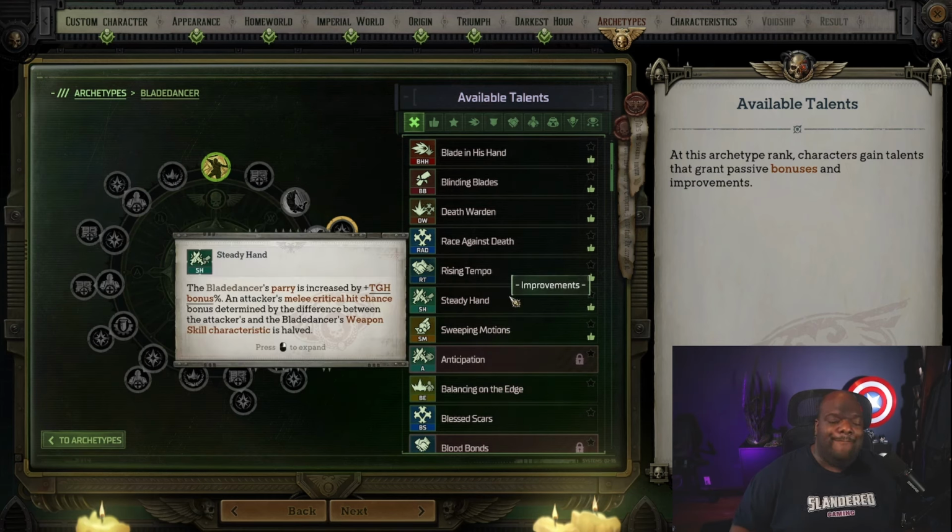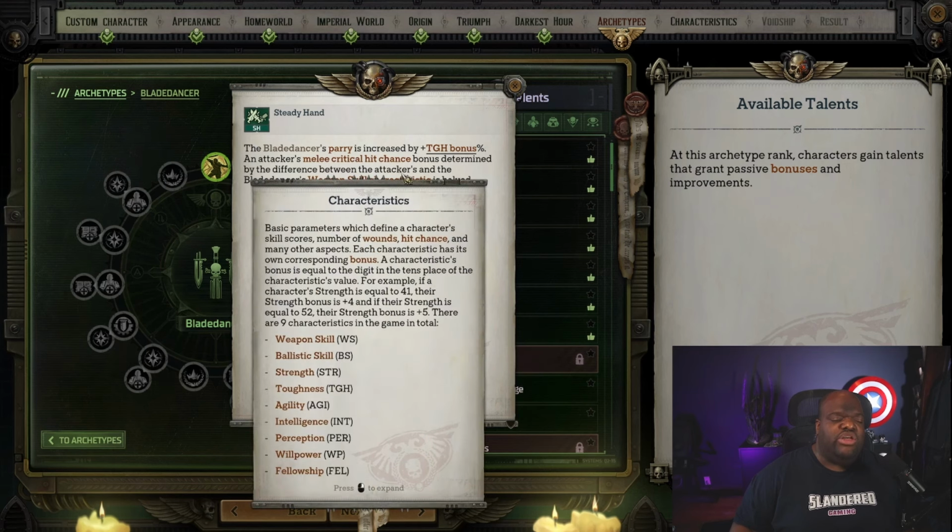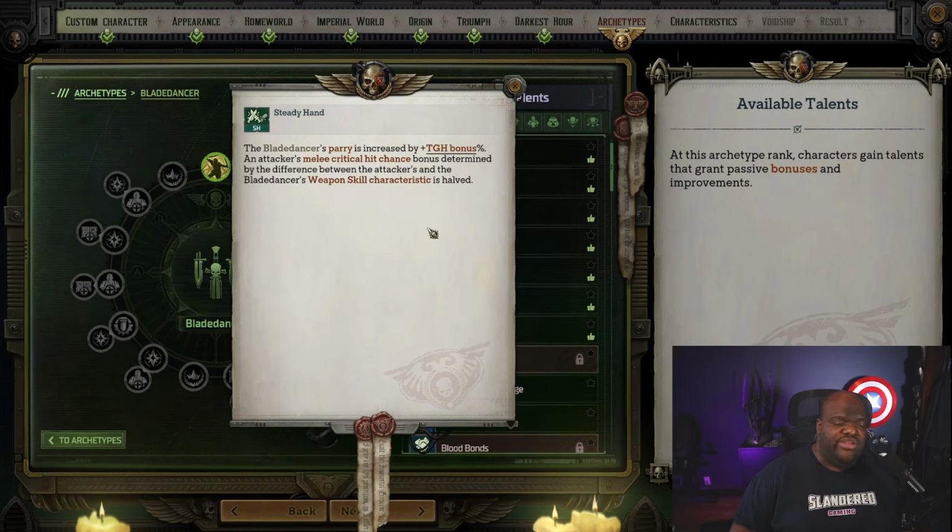Steady Hand gives you a bonus to parry that scales by a percentage amount equal to your toughness bonus. It's also going to somewhat change how an attacker's melee critical hit chance bonus is determined. I don't completely understand what they've written here. An attacker's melee critical hit chance bonus determined by the difference between the attacker and the Bladedancer's weapon skill characteristic is halved. So I'm not completely sure what that means, but it basically seems like it's going to be harder for enemies to hit you with critical hits, which is of course a great thing,